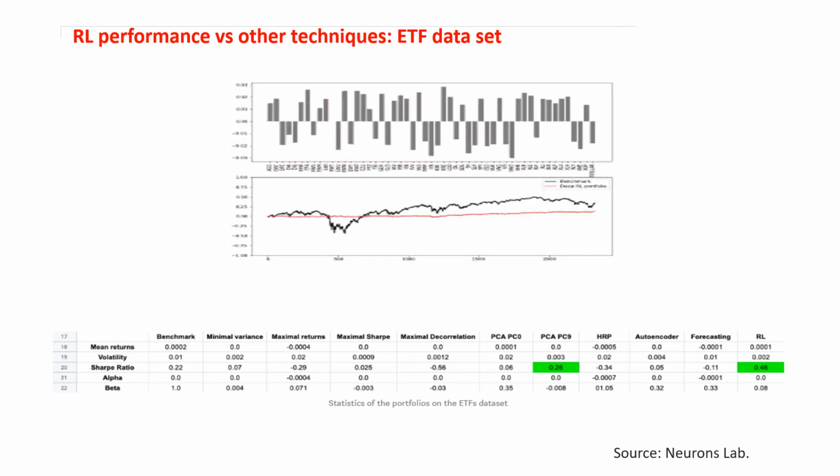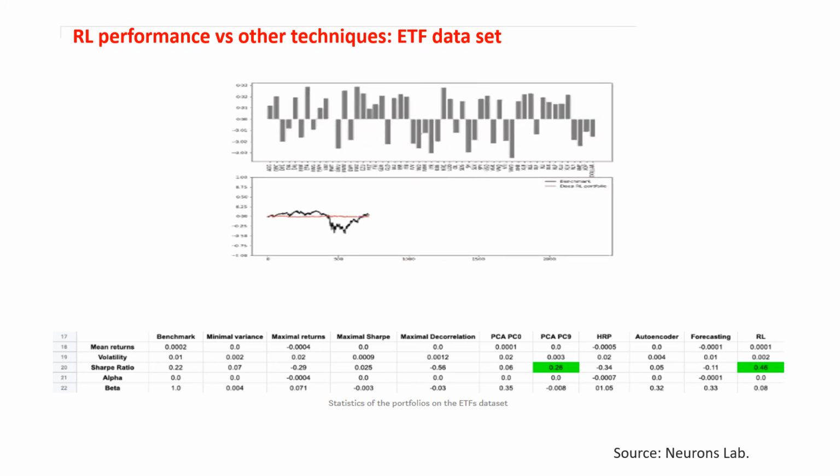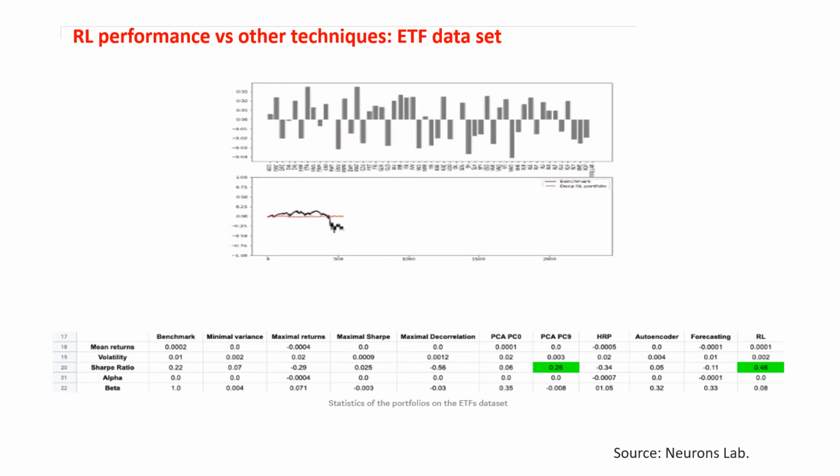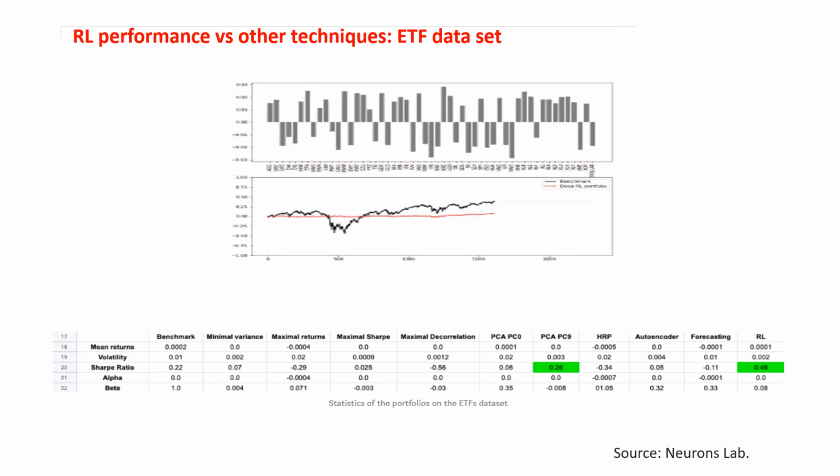What was done here is to train the RL algorithm to maximize the Sharpe ratio. Sharpe ratio combines risk and return, and the higher the Sharpe ratio, the better, and we compare that against a benchmark, which is what you see at the top. The reinforcement learning algorithm starts off not doing so well at the beginning, but as it starts to learn the environment and understand it better, it consistently improves its performance using a DDPG type algorithm, which learns through trial and error. At the bottom here, you see the